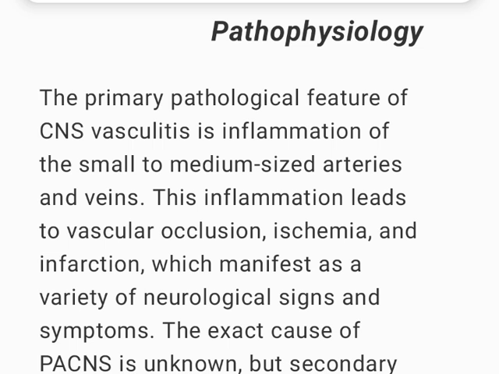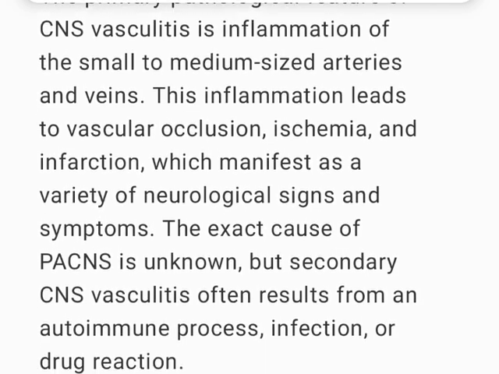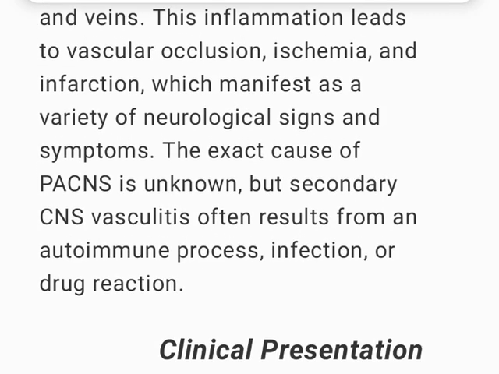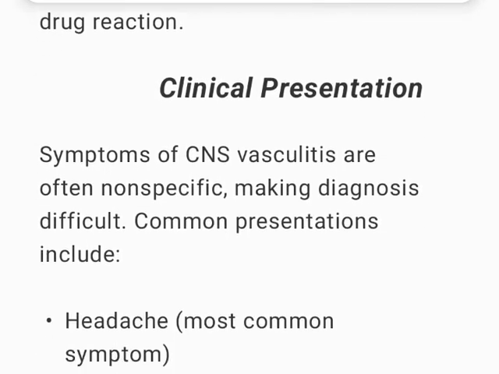Pathophysiology. The primary pathological feature of CNS vasculitis is inflammation of the small to medium-sized arteries and veins. This inflammation leads to vascular occlusion, ischemia, and infarction, which manifest as a variety of neurological signs and symptoms. The exact cause of PACNS is unknown, but secondary CNS vasculitis often results from an autoimmune process, infection, or drug